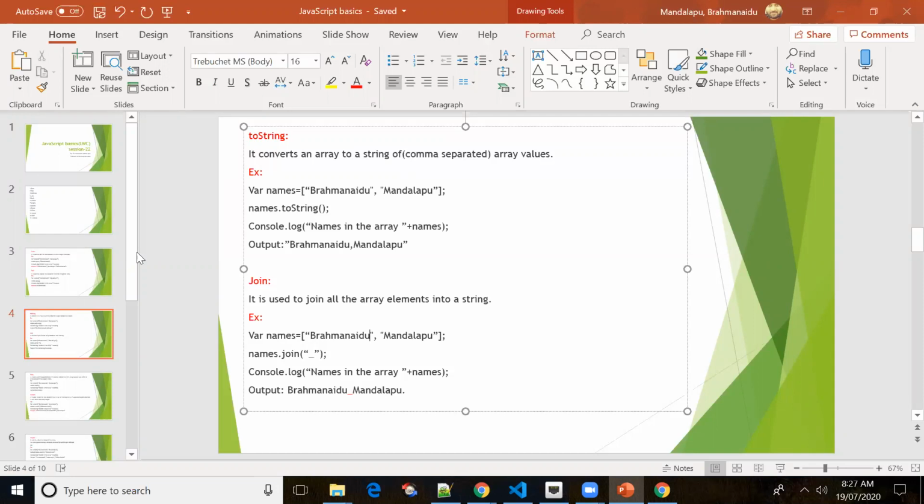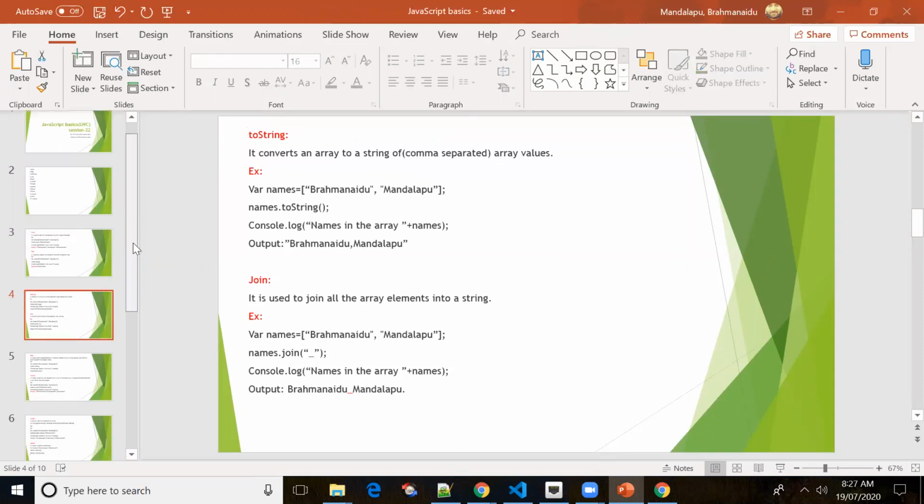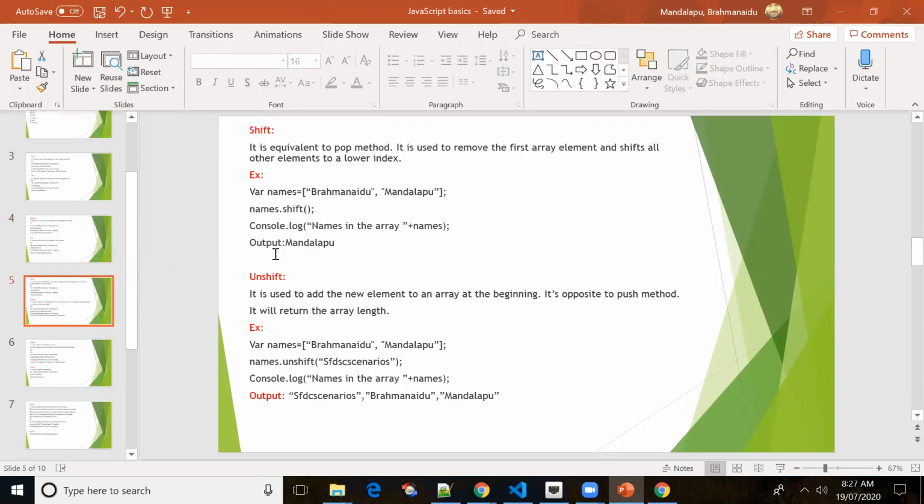Okay, so moving on to the other slide, shift method. It is equivalent to the pop method. So what is the use of the pop method? By using the pop method, we'll be able to remove the values from the last, not from the beginning.